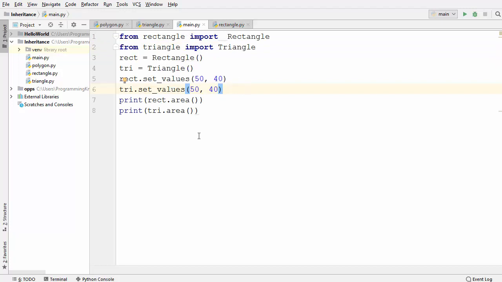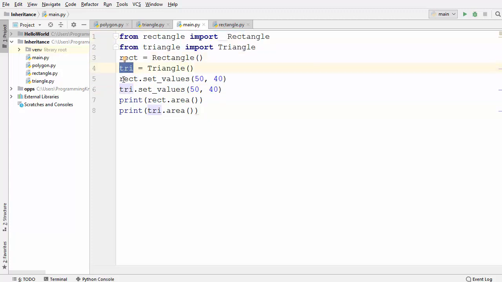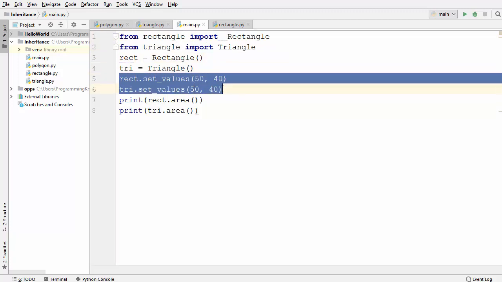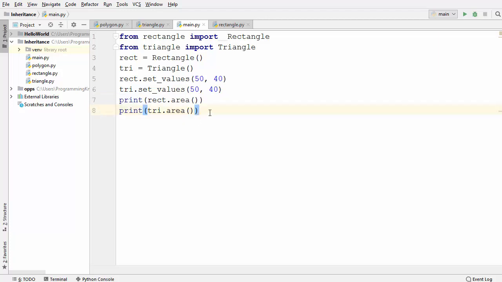In this main.py I'm importing these two rectangle and triangle classes, creating an instance of each, setting the value of width and height, and then printing the area of the rectangle and the triangle. If you haven't seen the last two videos, just watch those videos because I will be using the same code to show you how to use multiple inheritance.